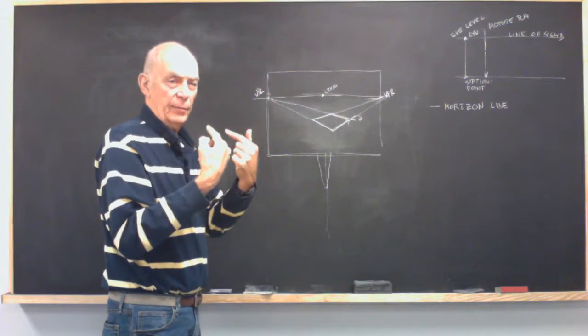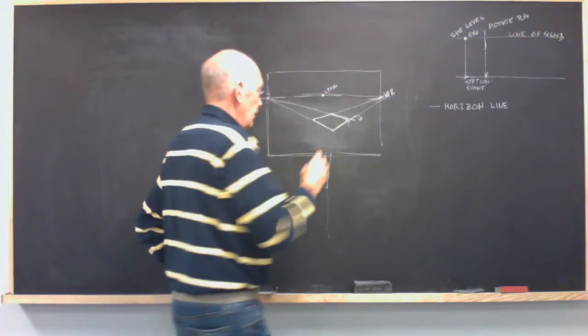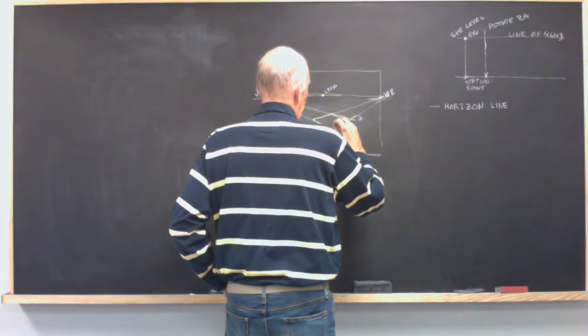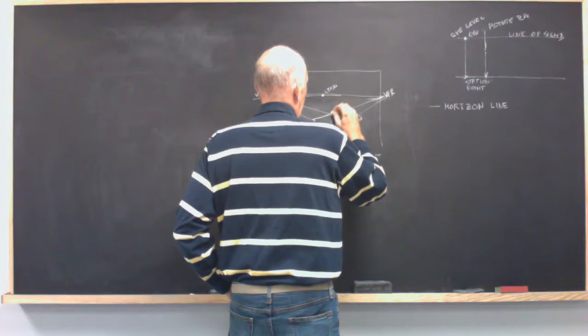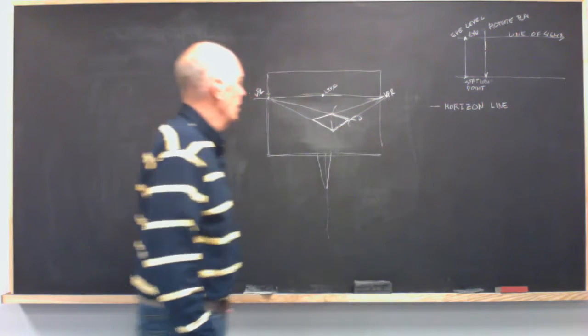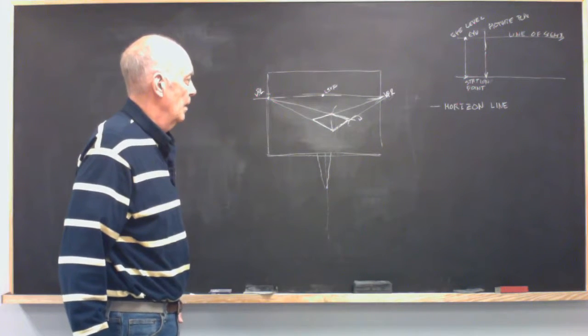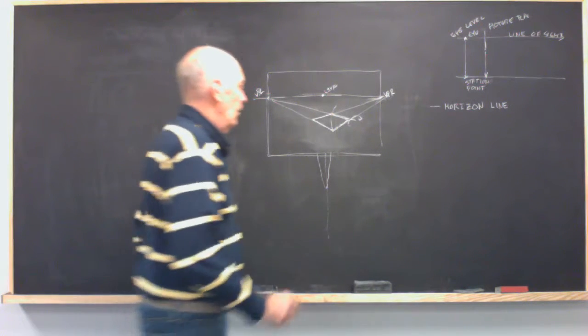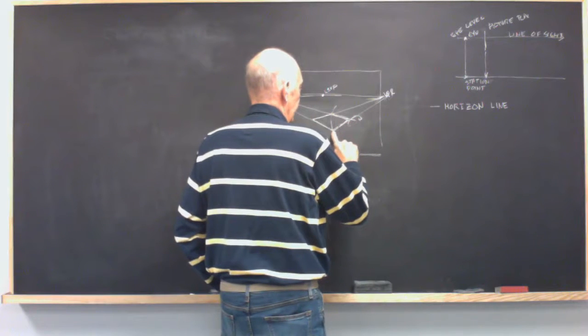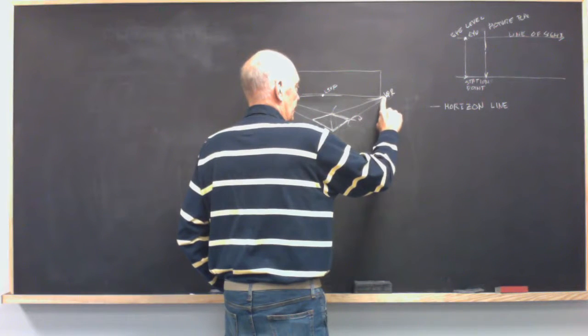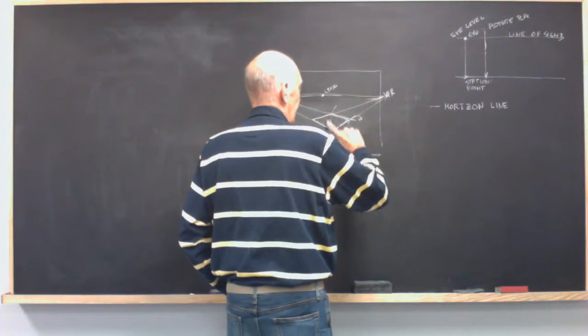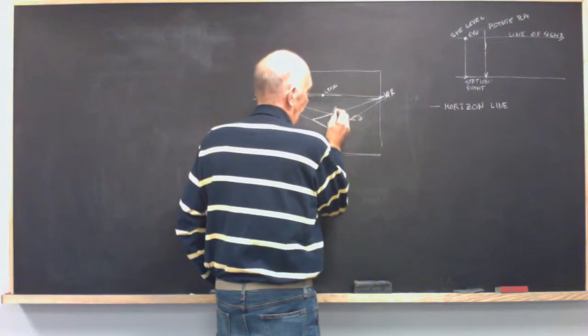An inclined plane towards me. In other words, if I lifted this front corner up to here, what would happen? Well, this vanishing point right now is going back to this vanishing point. If I lifted this up or rotated around this back corner, if I draw a line through